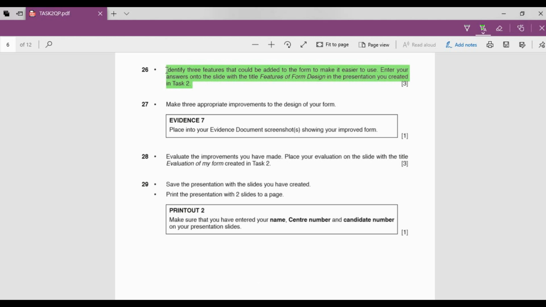Of these three features we discussed two. One was the combo box or drop down list, and second was navigation buttons, like start button, next record button, submit button, undo buttons, these different buttons which we have discussed. Further, other features we will discuss here. So what else can we do for this?